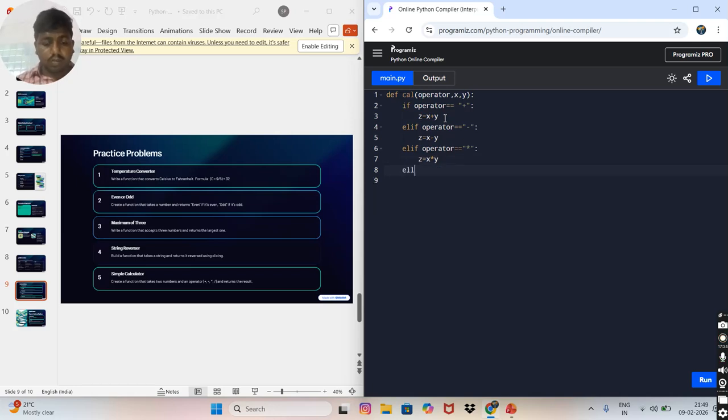Elif operator double equals division, z equals x by y. Return z. Else z equals